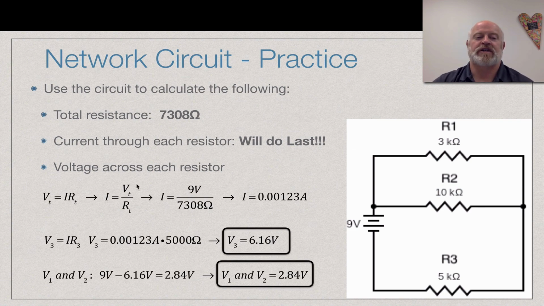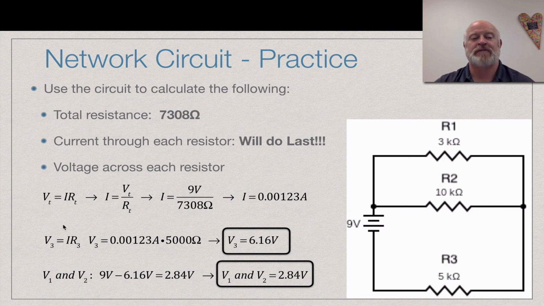So first thing we did is said, okay, my total voltage is my current times my total resistance. So I changed it over to find current. So I have my 9 volts over my 7,308 ohms, and the current flowing across the circuit total is 0.00123 amps. So as this thing moves down here, we get 0.00123 amps, and it crosses this circuit. Because it's a single in series, this resistor has to have that much current flow, okay? So the 5,000 ohm resistor has to have all of this current because it is in series,